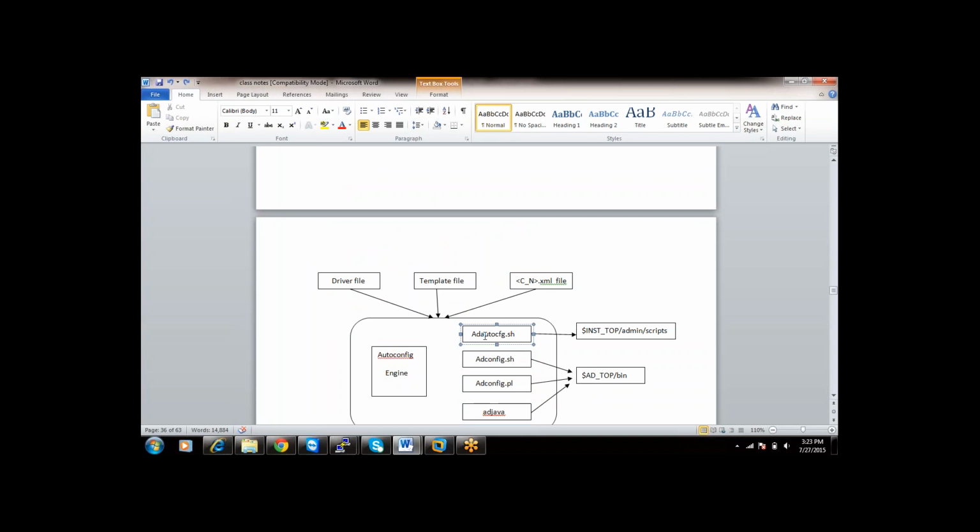So whatever script you run among these three, it is going to call adjava and run. So if you want to run autoconfig from inst top admin scripts, you can run this script. When you run this script, it will prompt only for the apps password. But if you run these two scripts, it will prompt you for the apps password as well as the location of the context.